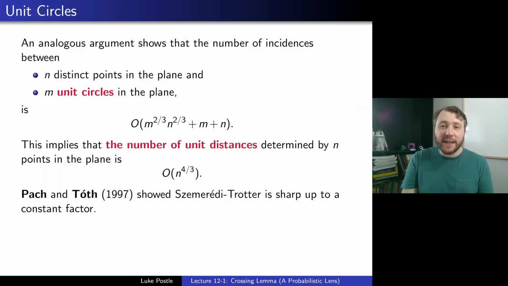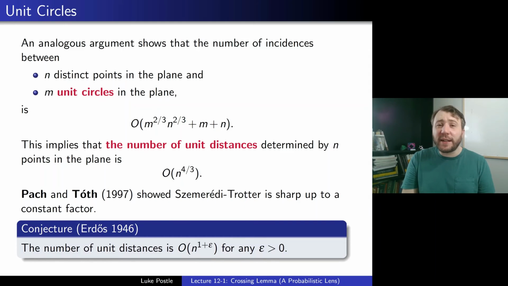factor. So there are examples where you kind of need this m to the 2/3, n to the 2/3, plus m plus n. And interestingly, Erdős in 1946 had conjectured that the number of unit distances should not be that. So it should actually be more like O of n to the 1 plus epsilon for any epsilon greater than 0. So it's known to be superlinear, but it shouldn't be too much superlinear, is the idea. And that's still open today, and the best bound is still this n to the 4/3 from the Szemerédi-Trotter